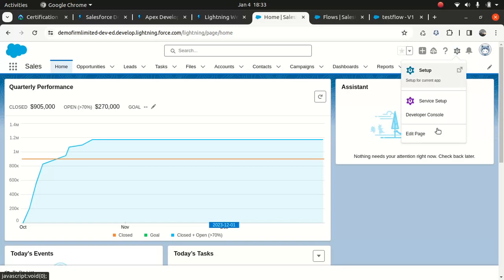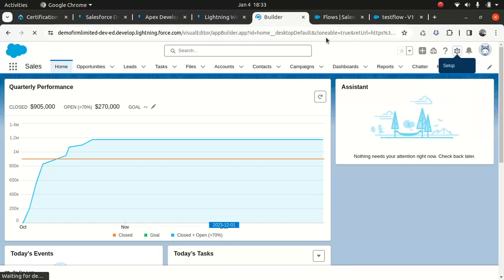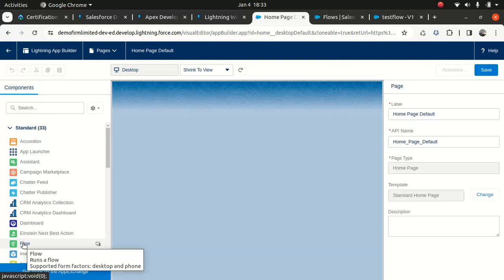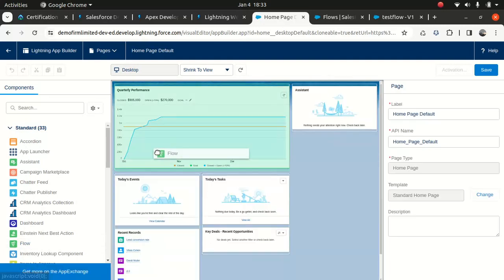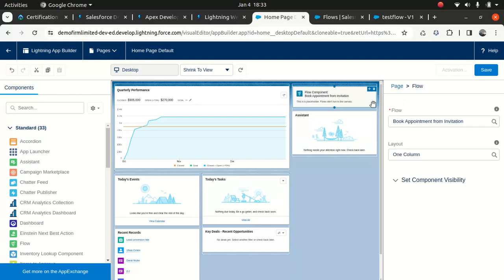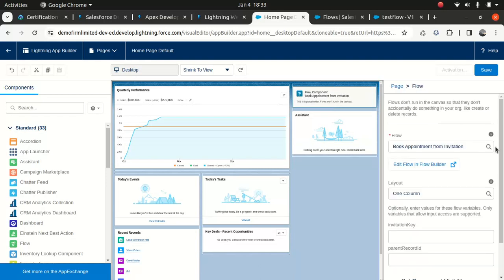You go here, edit page, and you could just put a flow component here somewhere, and choose which flow you wanted to use.